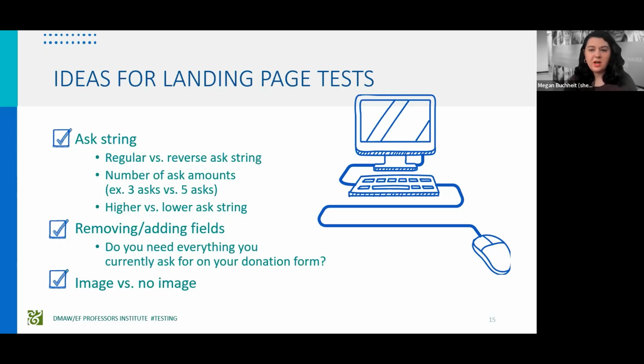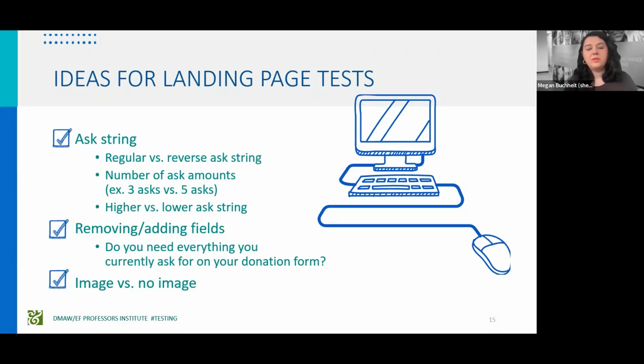One of the first things is just doing a regular versus a reverse ask string. So changing the order from ascending to descending, or vice versa. Testing the number of ask amounts, doing 3 asks versus 4 or 5 asks, or changing an ask string to have higher or lower